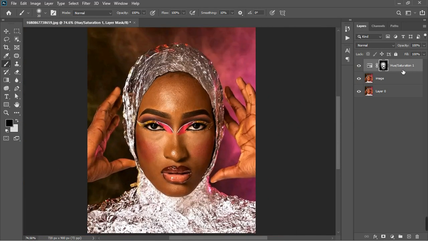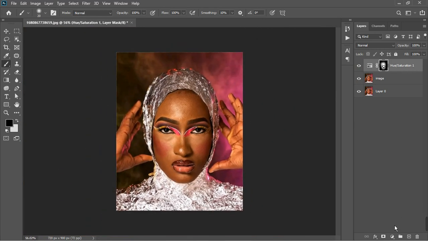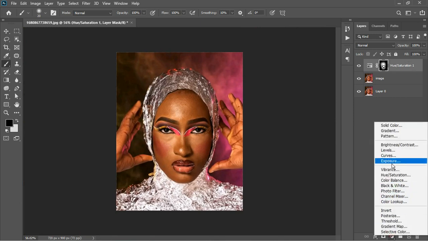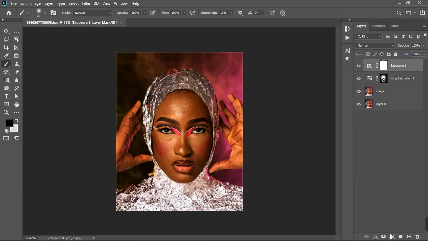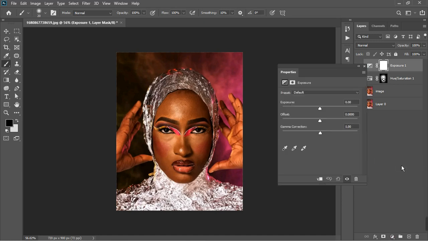Okay, so that's that. Now let's work on the exposure. Now I'm going to click on the exposure, and let's try out the gamma first of all. So taking the gamma forward just a bit. I'm going to create another exposure, and this time around I'm going to decrease the exposure,